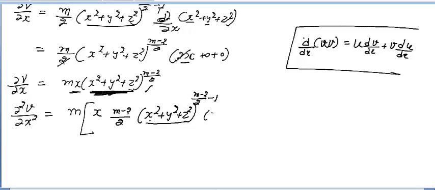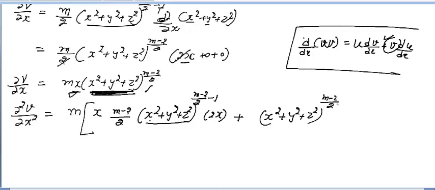So derivative of x square is 2x, derivative of y square is 0, z square is 0, because you know that you are finding the derivative with respect to x, plus this plus. Now v is outside, v is this whole, means (x square plus y square plus z square) raised to power m minus 2 by 2, and derivative of x is 1, because you are finding with respect to x, correct? So what you are getting here, this 2 is cancelled out.